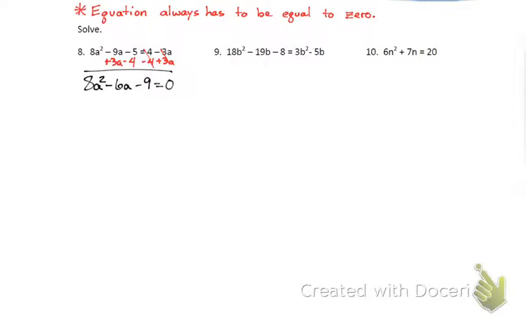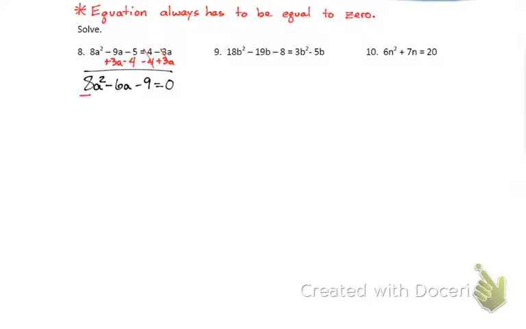So now I have it equal to 0. I can now solve. Again, we're solving by factoring here, so the first thing I'm going to look for is a GCF, and I recognize that there is not one. It's 8, 6, and 9, nothing in common there. A squared, a, and no a, nothing in common there. So I'm back to my